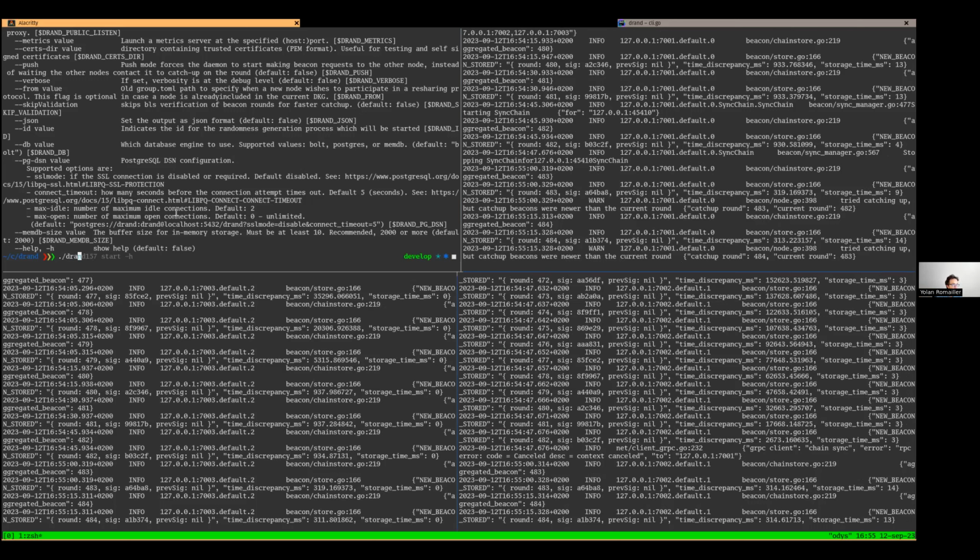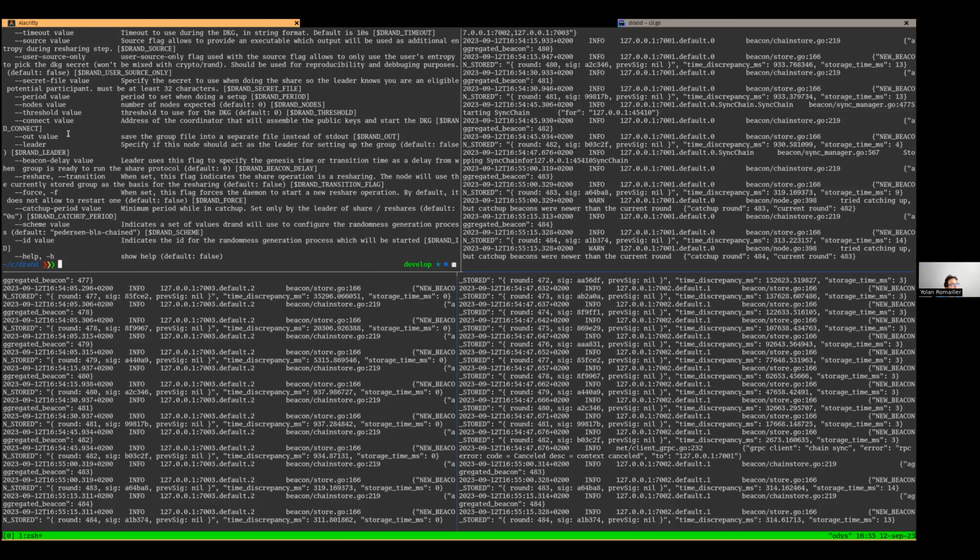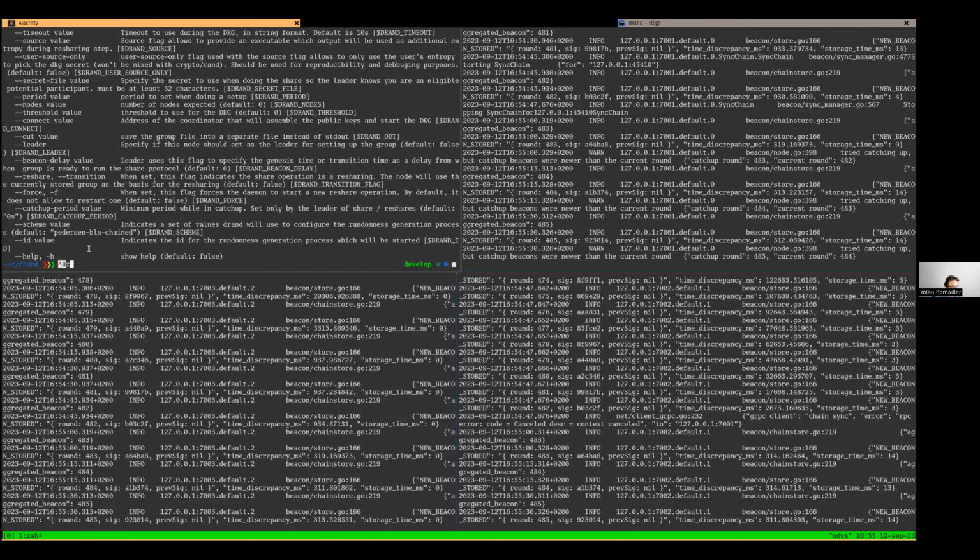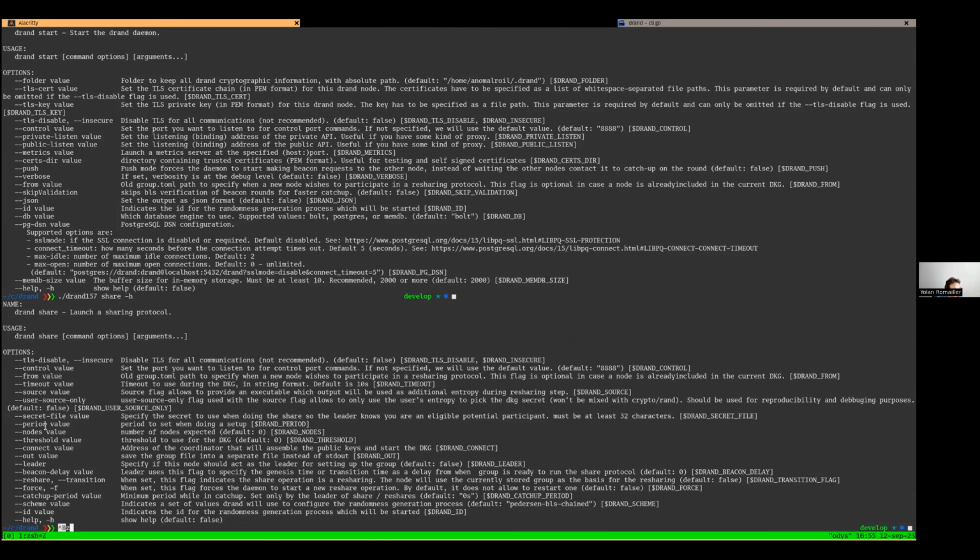If we look at the run share command, you can see here there is a catch-up period flag in the share command that allows you to say do not catch up too